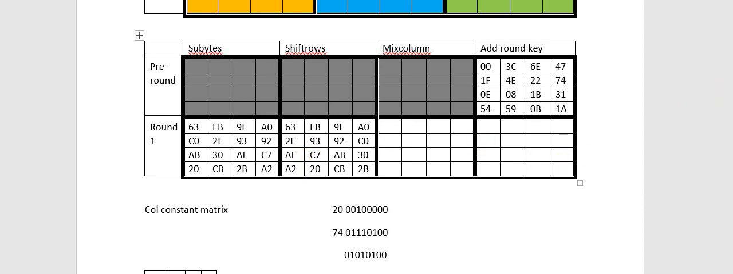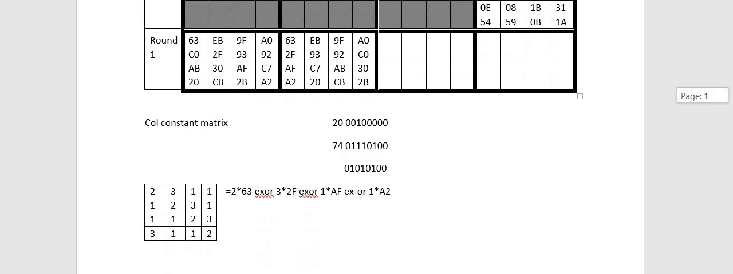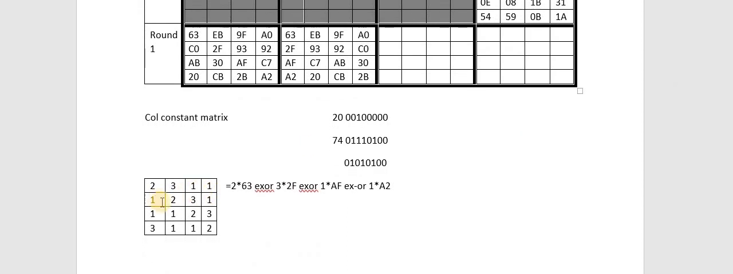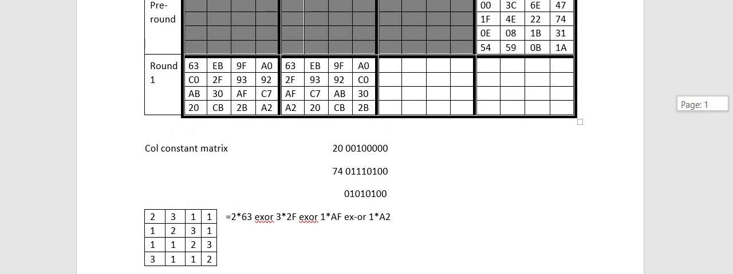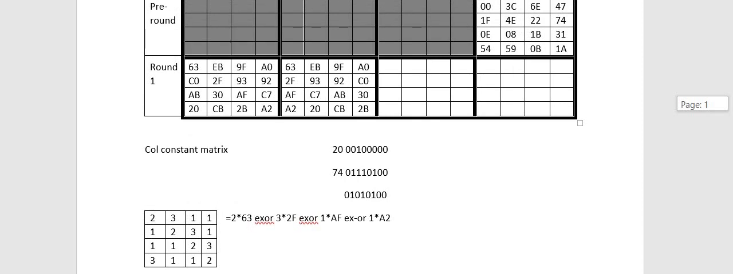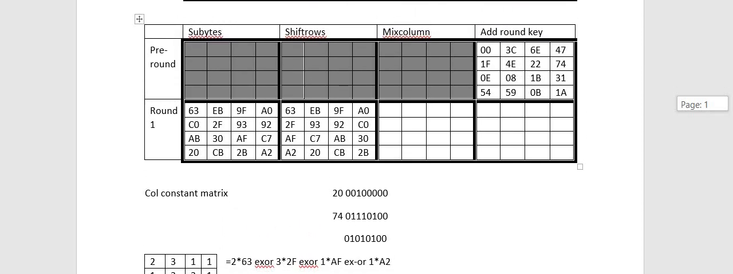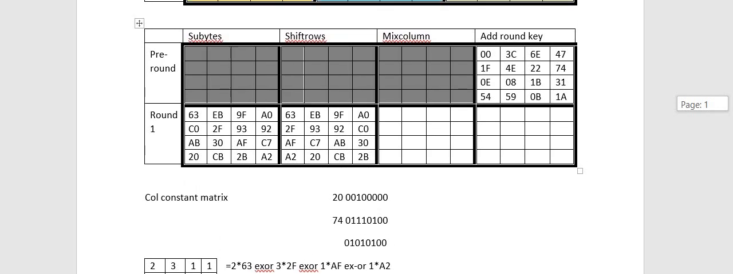So there is a constant column matrix given to you, that is 2 3 1 1, 1 2 3 1, 1 1 2 3 and 3 1 1 2. So this table is given to you, a constant matrix that is already defined by the AES developers. The reason why it is 2 3 1 1 is not known to anyone, we just have to use this type of constant matrix in order to perform the diffusion, in order to include the diffusion in the